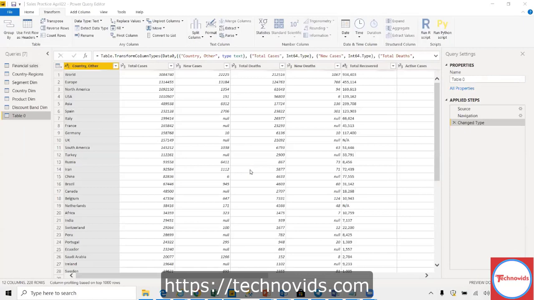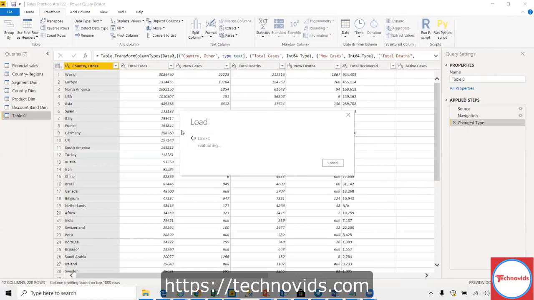The first column is countries, the second column is total cases, third column is new cases, total deaths, new deaths, total recovered. So it has so much information: active cases, and I think per million. How many cases, deaths per million. Total cases is also there, I think.